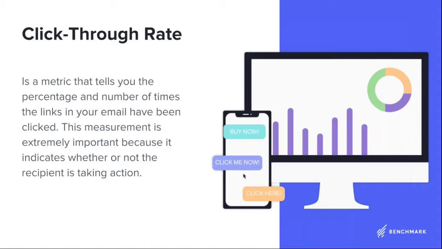The idea behind this is that you're going to see a heat map of the email that you have, and it's going to give you a percentage of where people are actually clicking. Very much like your click-through rate, which is the percentage of all who were on the list that clicked through, versus when you're looking right at the email, it's going to give you a little percentage. Okay, people clicking on this, 50%, people clicking on that. And when you have multiple call to actions to the same thing, you may notice that people are more inclined to click one over the other.